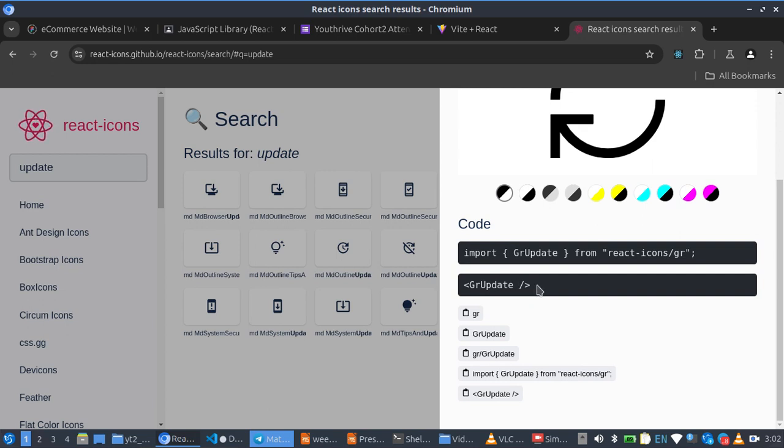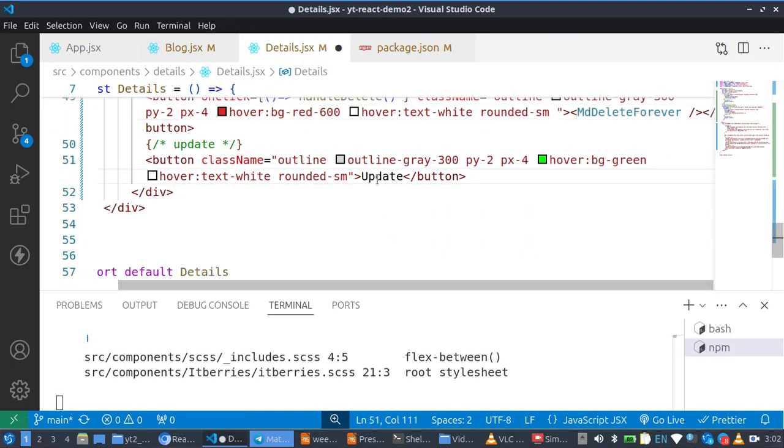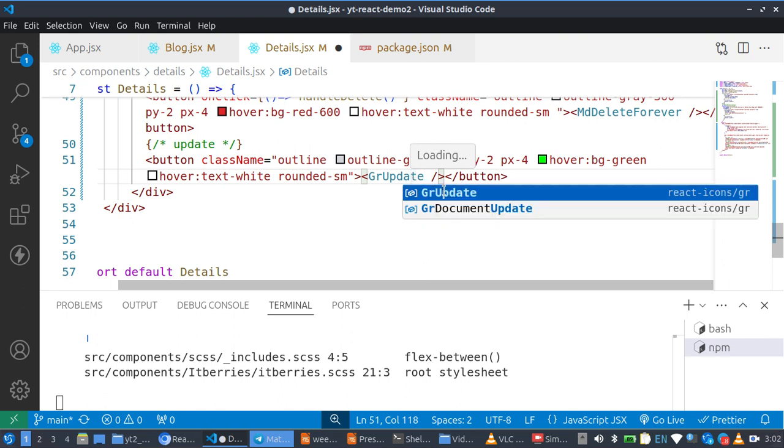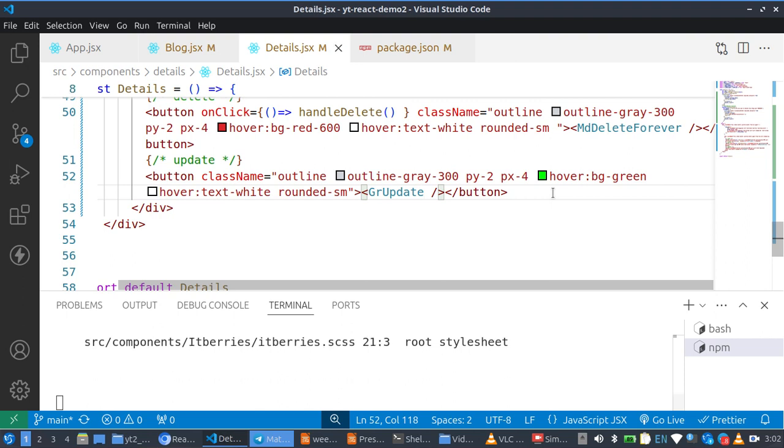So GR update, so Ctrl C. Then I'll look for my update. Then of course I'm going to remove this E and put it back. So wait for my IntelliSense. So I'll click on this, so that means it automatically imports it. Okay, so now what we want to do now is, if we go back